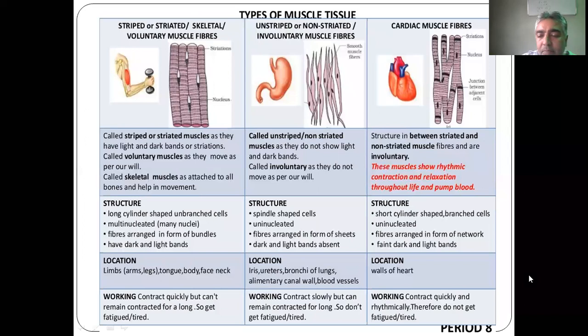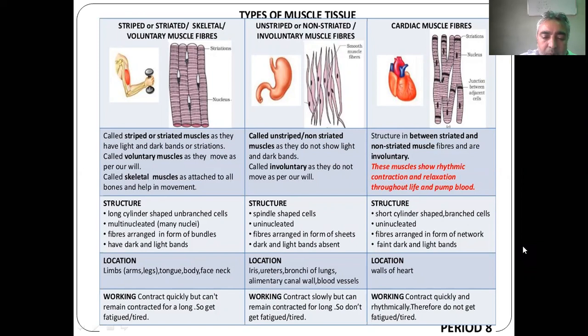And then the unstriated, non-striated muscle, or involuntary muscle. These are also called visceral muscles, as they do not show light and dark bands. Called involuntary, they do not move according to our will. Structure: spindle shaped, uninucleated fibers arranged in the form of sheets. No dark and light bands present. Location: iris,